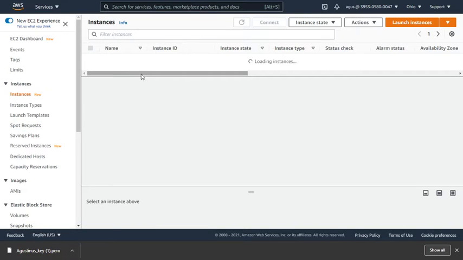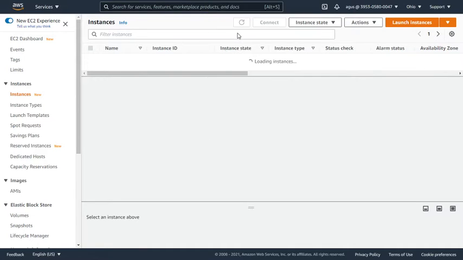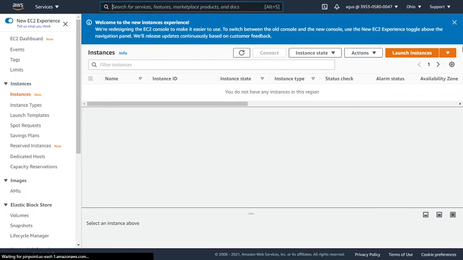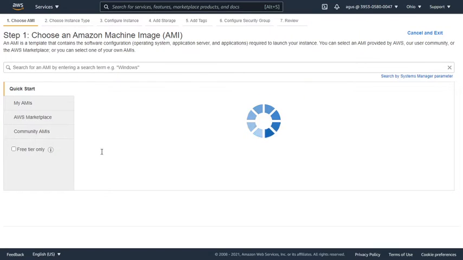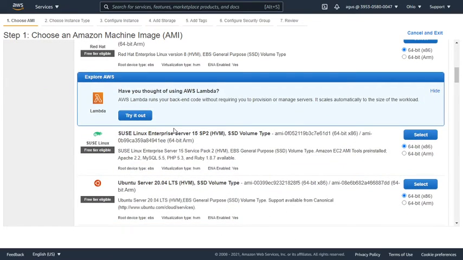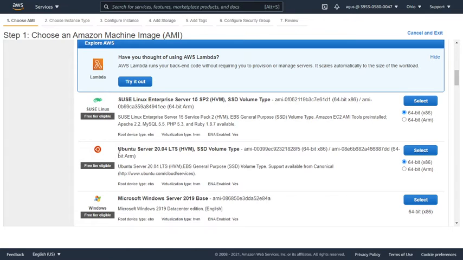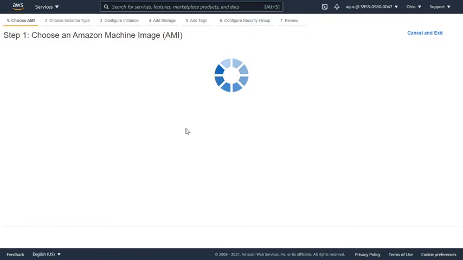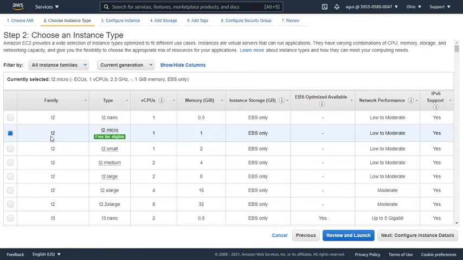And go to instance. Here we can launch a new instance, but I'm just waiting because this is loading. So if I reload this page, how will it be? Reload. Oh, I don't have anything because I'm launching a new instance, and here we can choose what distro we can use. But right now I'm using an Ubuntu server 20.04 LTS. Select your instance, and I can use this T2 small, T2 micro,